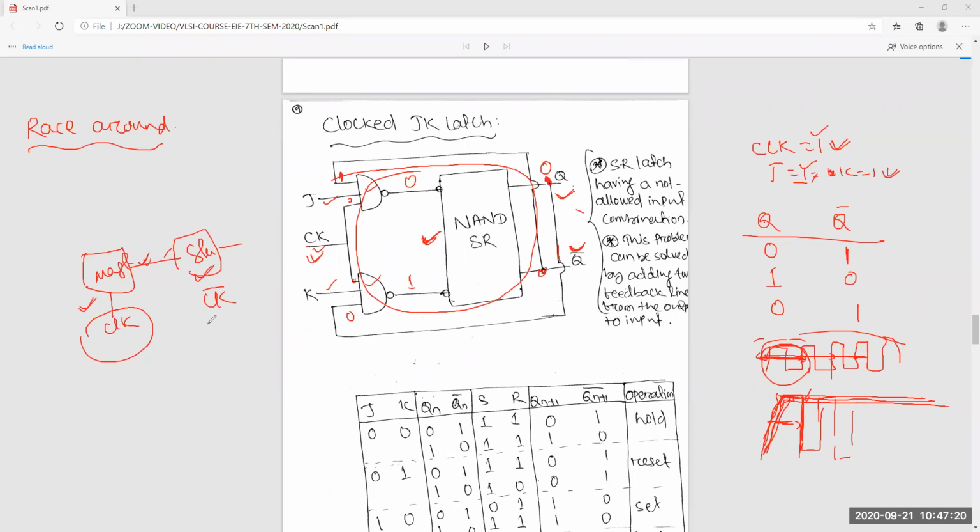Similarly, when the clock is equal to 0, this will be on and this will be off. So at any particular time only one will be active. That's why the race around condition, that toggling, will not happen. So these are the two conditions: either reduce the clock period to less than the propagation delay of the circuit, or use a master slave latch.